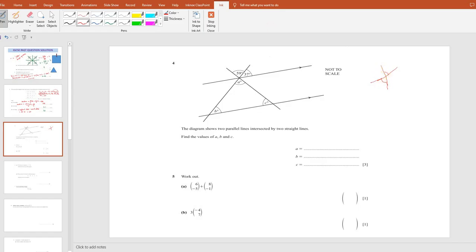And this angle here must be equal to this angle. This works on the principle that vertically opposite angles are equal. So vertically opposite angles are equal. So it means that A is equal to